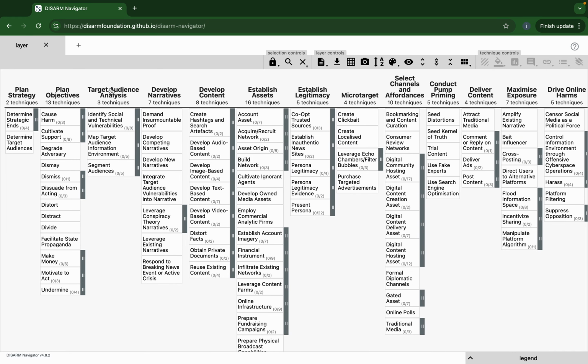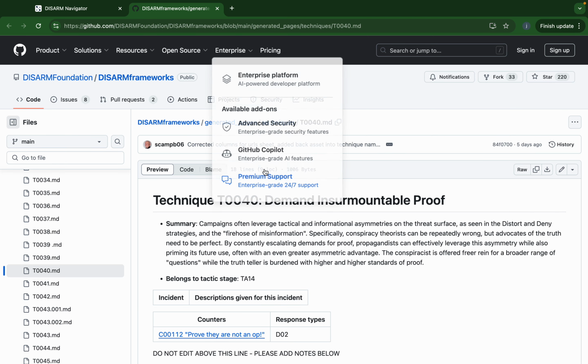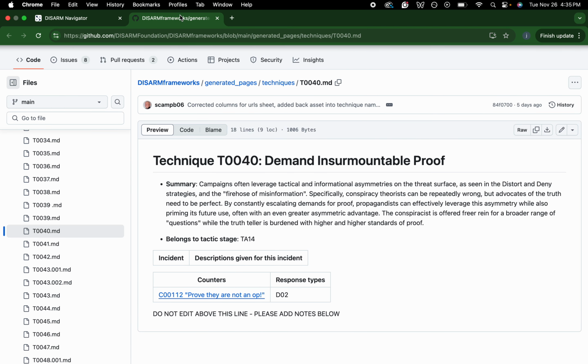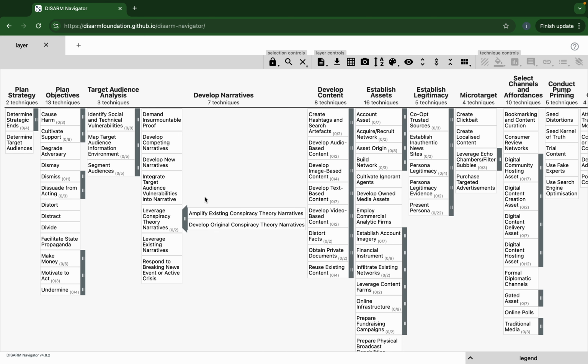At the top, you have tactics. Below each tactic, you have techniques. With each technique, you can view a summary of the technique by left-clicking and clicking View Technique. So there we have a summary. Otherwise, you can click on the gray bars, and that will show you sub-techniques